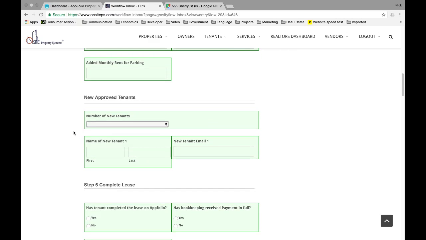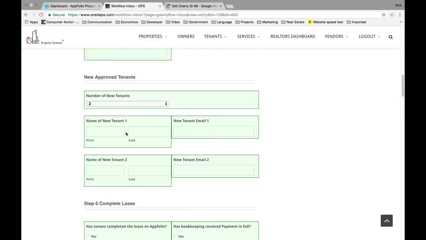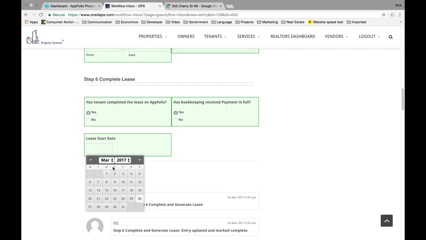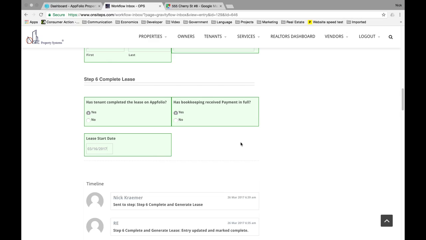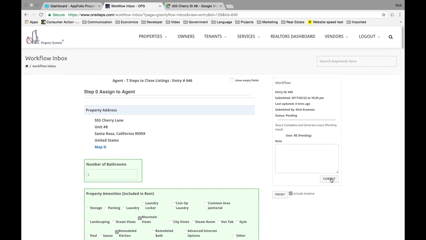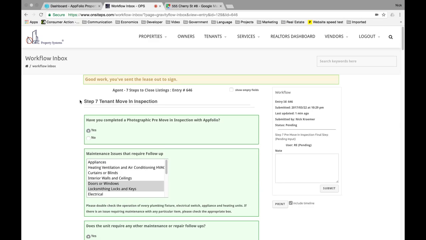Select the number of tenants that are going to be added to the property. Has the tenant completed the lease on AppFolio? Since we're still using the AppFolio leasing program, I'm going to click yes, and that we have received a payment from them in full. If not, I would just click no, and that the lease is intended to start on the 16th of 2017. Once I've completed all the green highlighted parts, I'm going to go back to my workflow window and click submit. Now I'm on to the last and final 7th